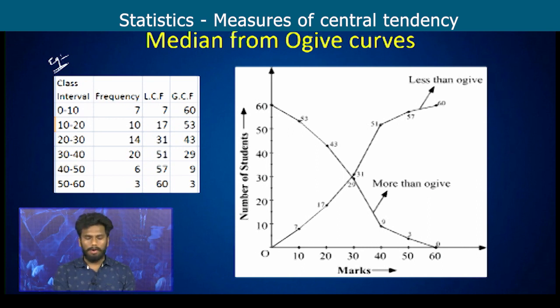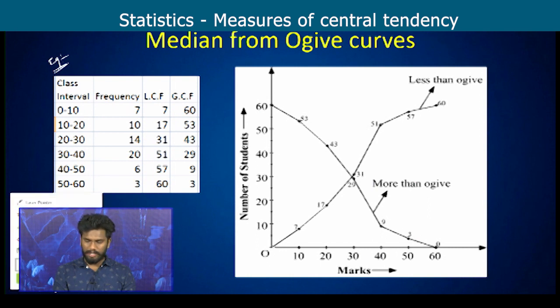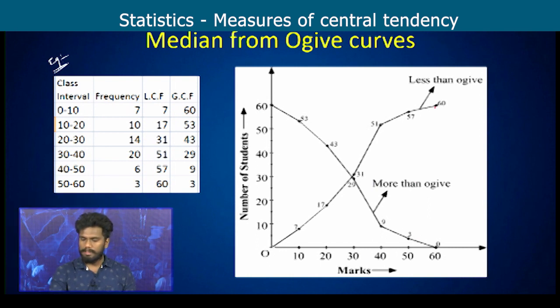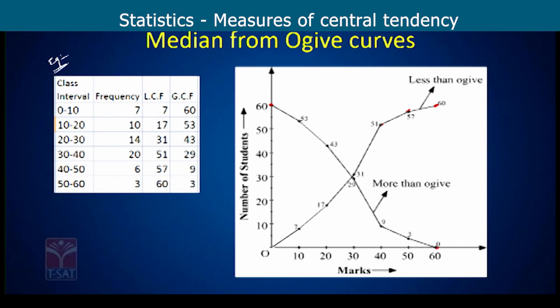Now I have plotted all the less than cumulative frequencies in the curve. This is the same example which I explained while explaining the cumulative frequency curves and ogive curves. The same example I have taken here. See, the less than cumulative frequency I have plotted: 0, 7, 17, 31, 51, 57 and 60, and so on. And also greater than cumulative frequency: 60, 53, 43, 29, 9, 3 and 0 I have plotted. Now at that time I said the meeting point,